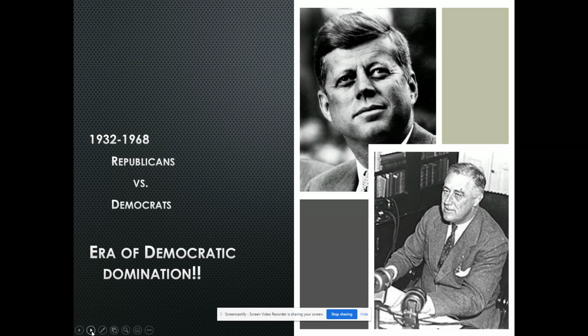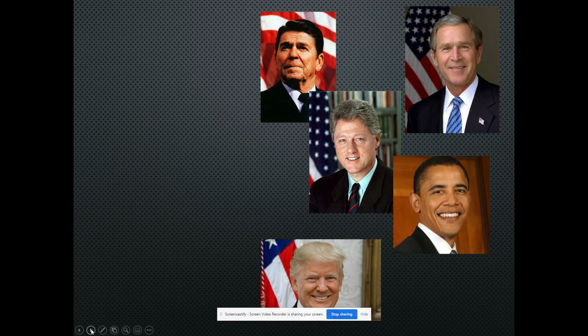Fact is, Democrats controlled not only the presidency most of the time, they also controlled Congress, they also controlled state and local offices as well. And then we get to an interesting time period, which we'll say 1968 to the present. The question I always present to students in class is, okay, which political parties dominated since 1968? And some people say Republicans, and there's plenty of evidence, starting with our current president, President Trump, a Republican.